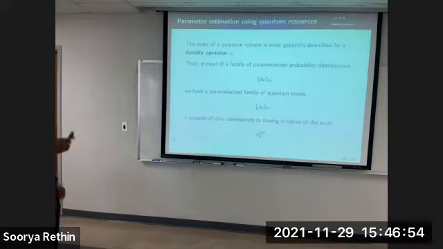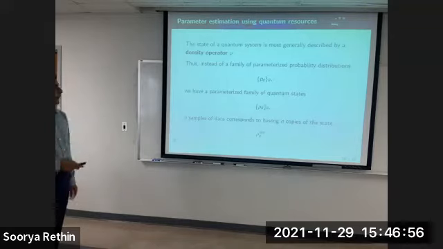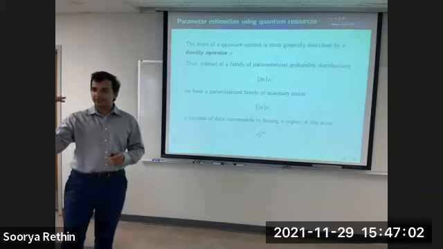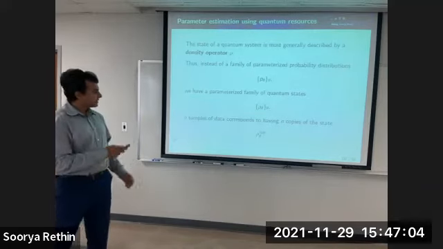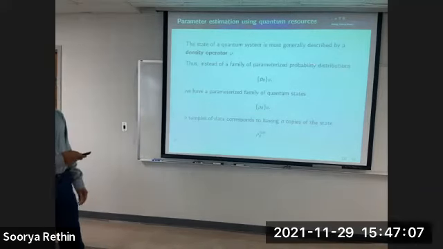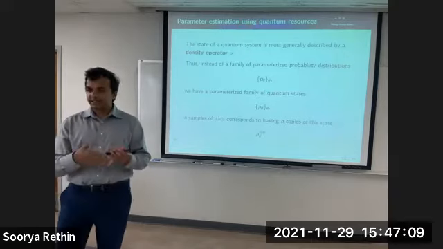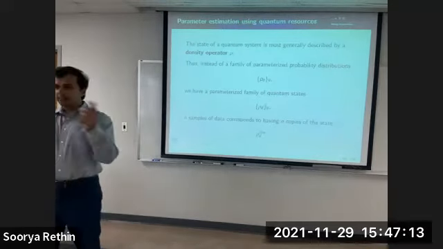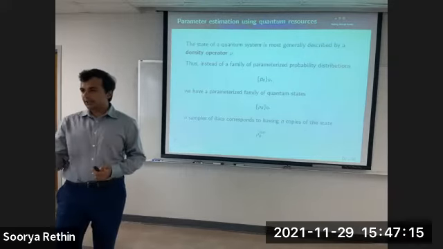But here we are going to develop a theory that holds for all of them. So earlier we had a family of probability distributions. That is, each theta defined a distribution p theta. Instead, in a quantum setting, we don't have distributions, we have quantum states. And each value of theta defines its own rho theta. So we have a family of rho thetas, and depending on the parameter